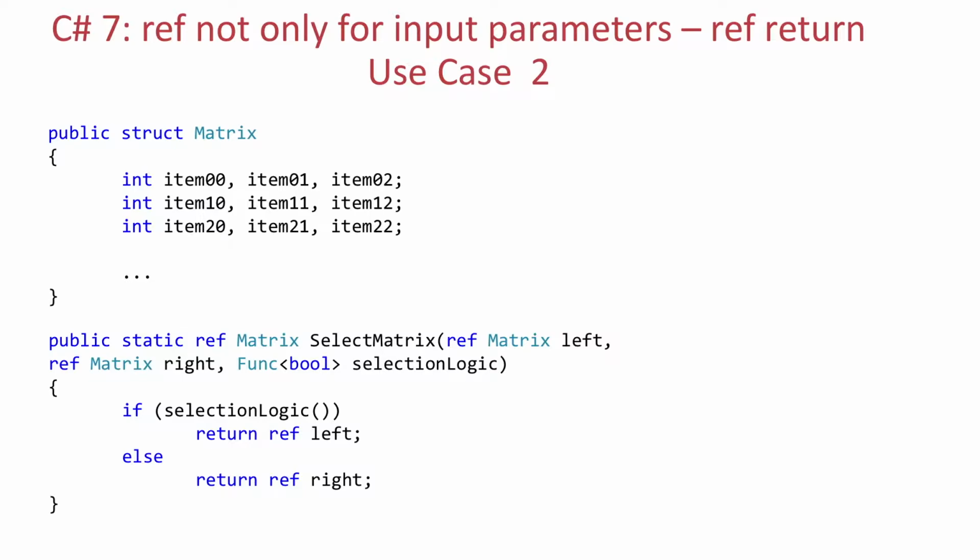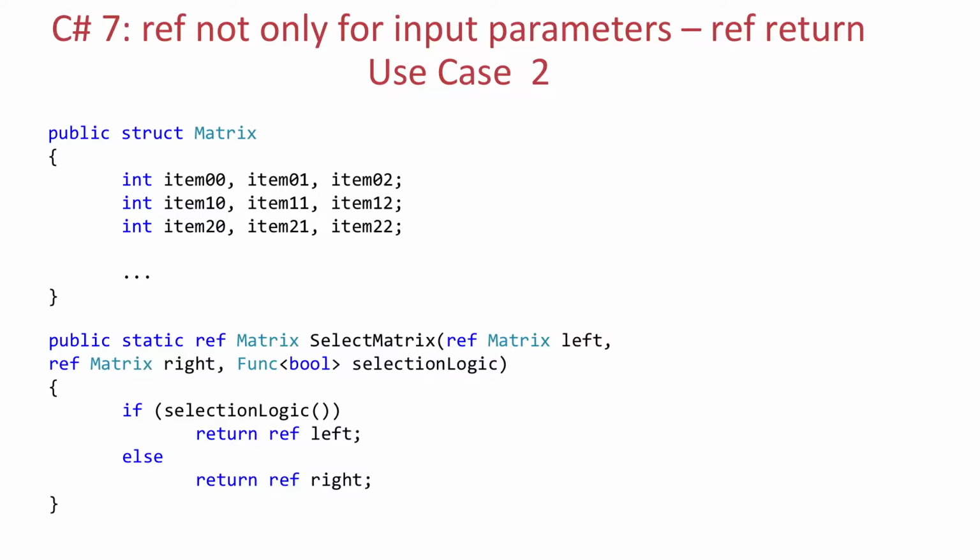They are just plain integers. Now please don't think about how you would implement it. The point here is that we have a value type whose size is significantly bigger than the size of a reference. In the selectMatrix method, we return either the first matrix or the second, depending on the value returned from the selection logic parameter. Now let's discuss what would happen if we would return the matrix directly, so without the